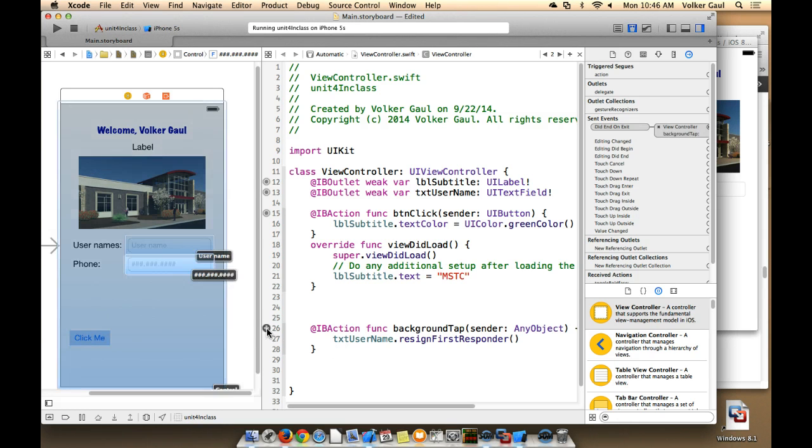Right, and I can touch on this and notice now when I hover here, it highlights all the things that respond to this, and because the background is part of it, it's kind of hard to tell. You can click on this and it'll tell you that these three objects are all responding to that event. And so if I run this again,